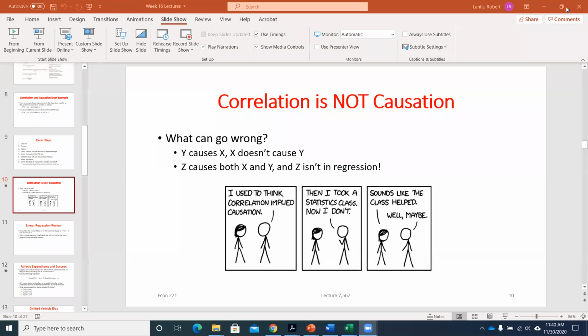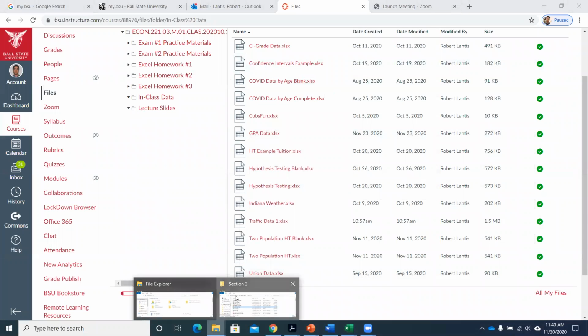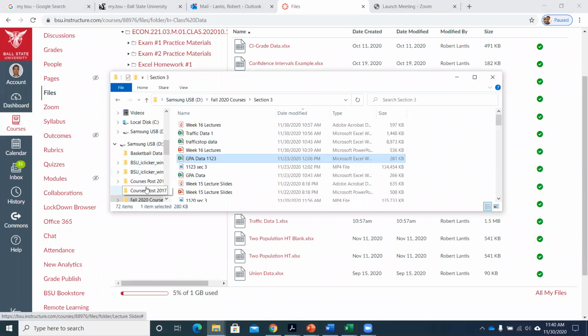Also, I want to mention something here. I'm also going to post, I think I forgot to open it up, so I'll have to find it here for us. One thing I'm going to put up, it's going to be the same as,